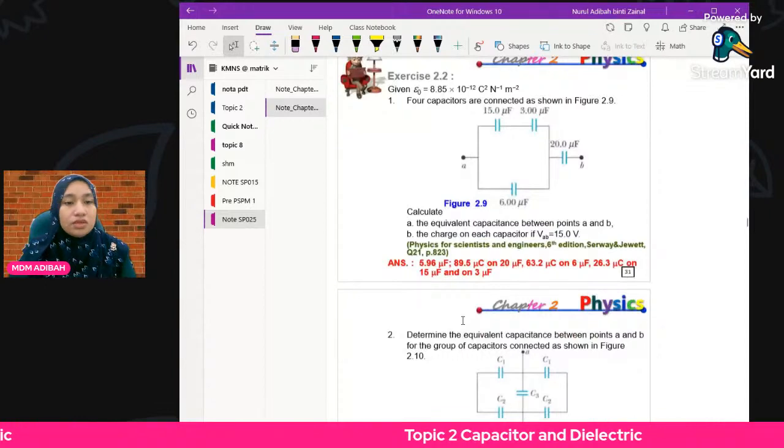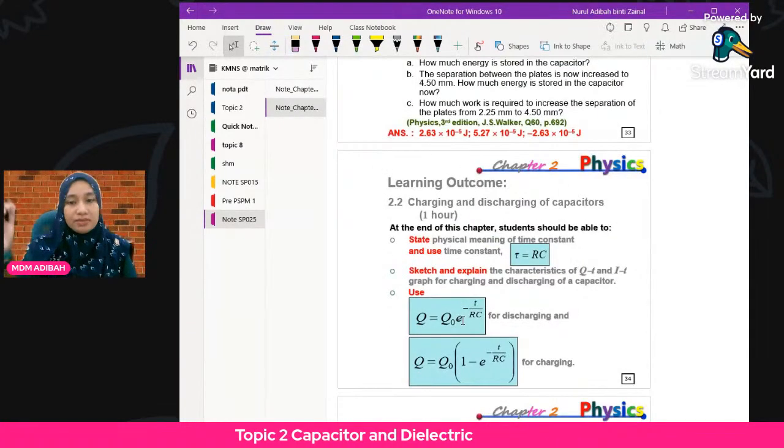Okay, next. Subtopik yang kedua. Dah habis tadi kita cerita pasal